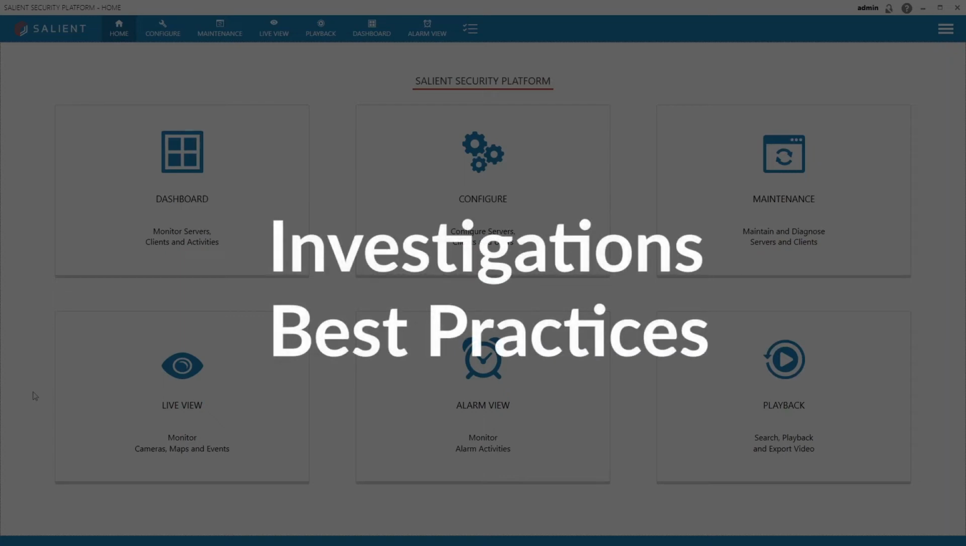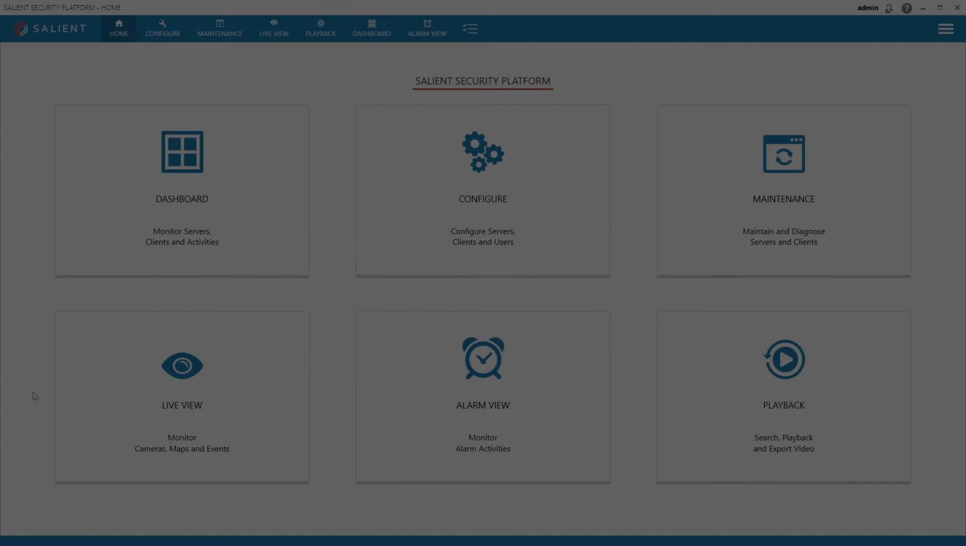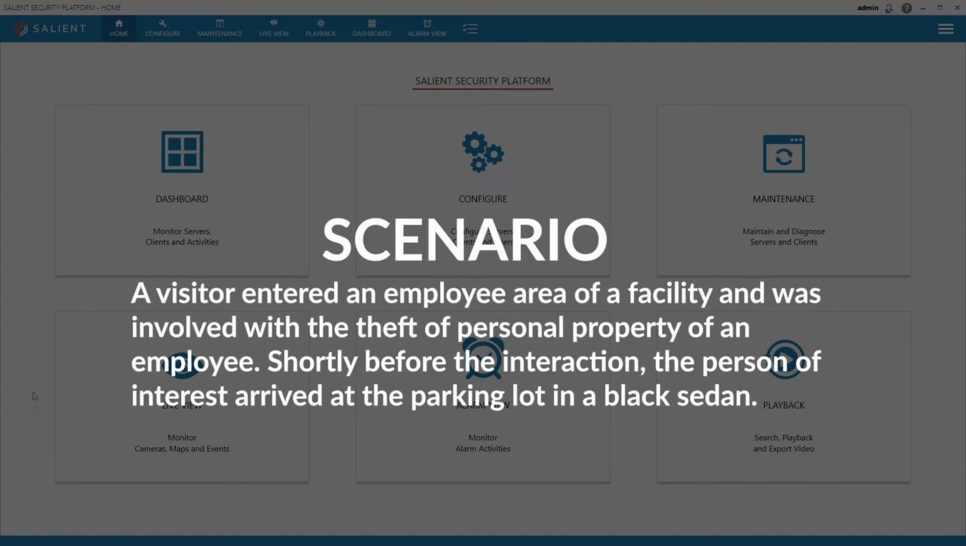In this scenario, an investigator must effectively locate an event starting with only geographic and time information, when and where the incident occurred. A visitor entered an employee area of a facility and was involved with the theft of personal property of an employee. Shortly before the interaction, the person of interest arrived at the parking lot in a black